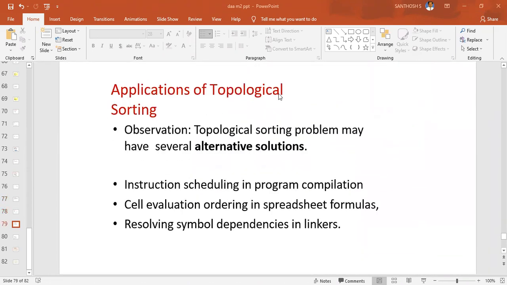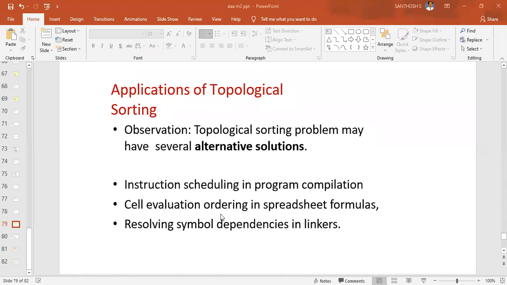So applications of topological sorting. Observation: the topological sorting problem may have several alternative solutions. So where is topological sorting used? First, instruction scheduling in program compilation.